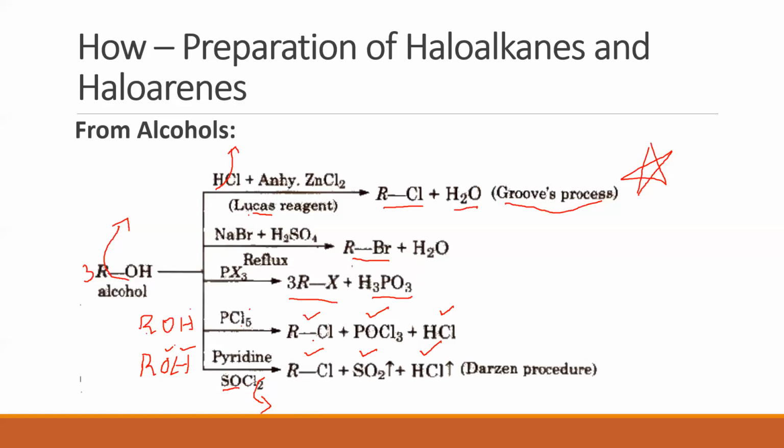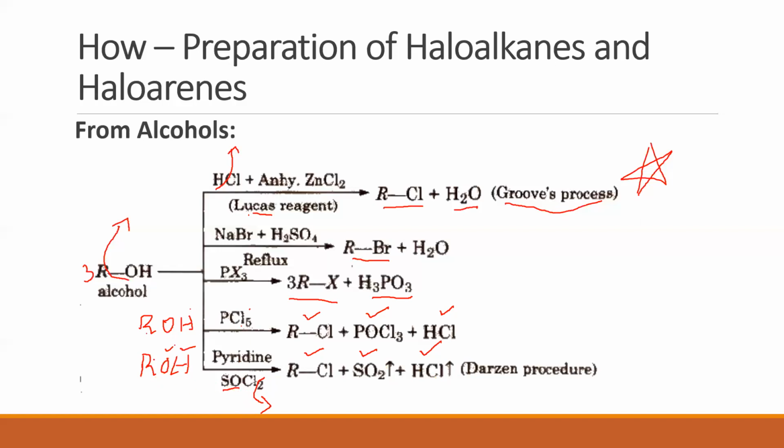So pretty straightforward. So what happens in this method? An alcohol reacts with thionyl chloride in the presence of pyridine. What is thionyl chloride? SOCl2. Now what are the byproducts? Hydrogen takes away one of the chlorine atoms to go out as HCl.